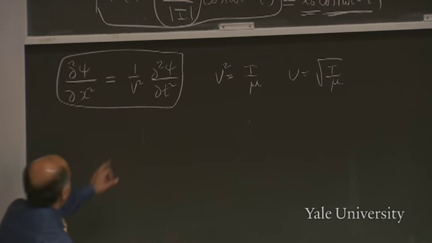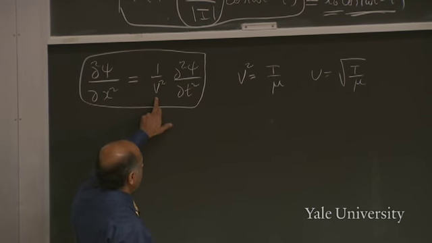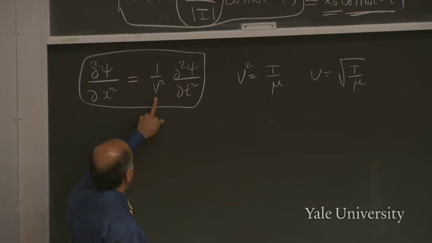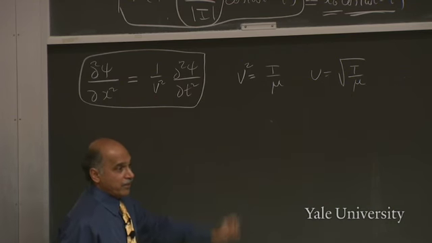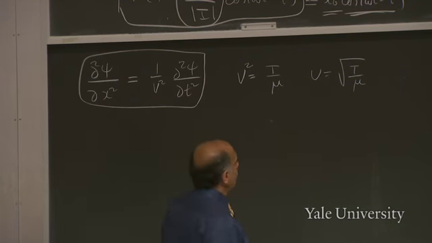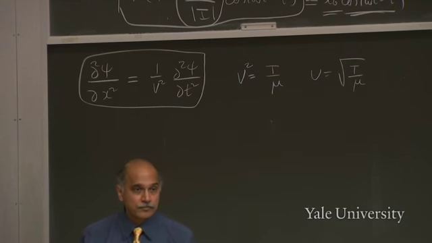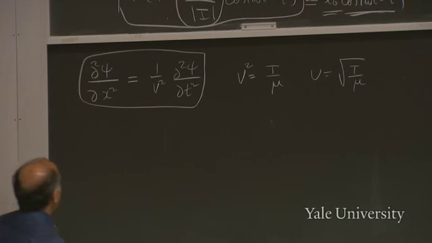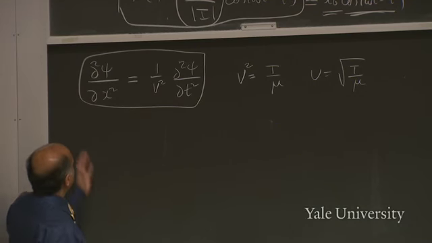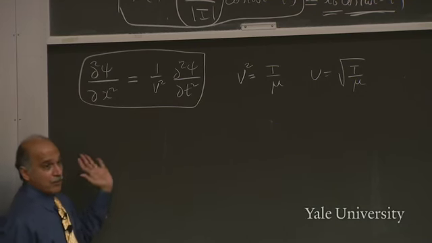And even though I called it v, it has units of velocity. I have no right to argue that it really is the velocity of the wave. We'll have to find out. It has dimensions of velocity. You can check by putting the units in. Okay, but now let me write down a solution to this equation. Then we will understand